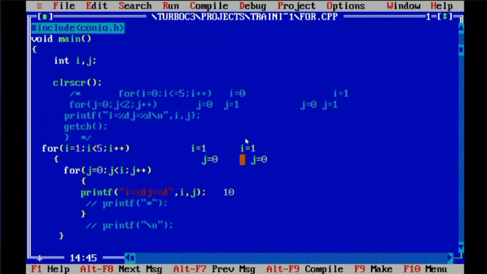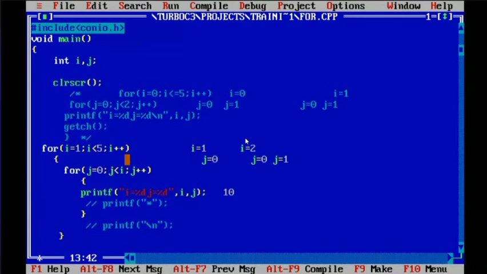Now, j will be incremented to 1. Sorry, one thing. This was 1, so this time i will be incremented to 2. Is it clear? First time we have taken i equals 1, so second time i will be equal to 2. But j will start with 0 only.